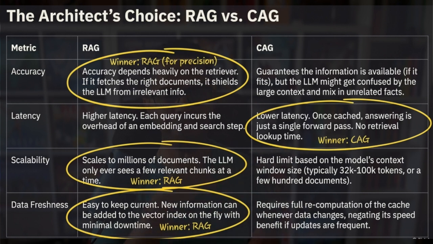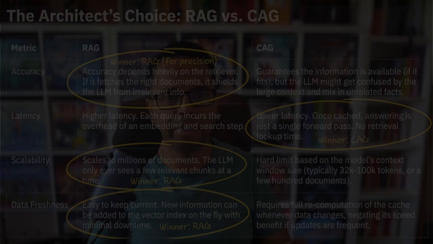And when it comes to data freshness, it's again RAG, because you have to provide the new information into a CAG's memory window, or in case of CAG, for an LLM's memory window every time. Whereas you can just keep on ingesting information into the RAG or the vector database through an engine, and LLMs will use that data at any given point of time, right? So these are the four metrics on which you can choose RAG or CAG.